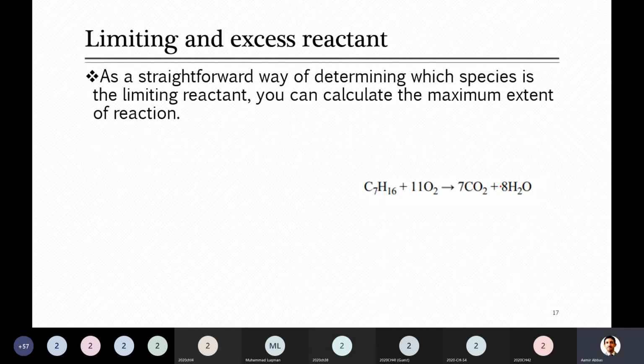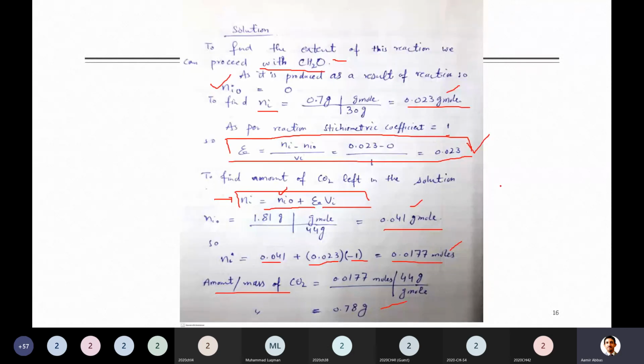Excuse me, sir. I have a question. Yes. According to this equation, the mole ratio of H to CH2O is 4:1. But when you calculate the moles using the mass and the molecular weight, you don't get that ratio. The amount of H is not 4 times the amount of CH2O. So how is it possible that 0.7 grams are produced?